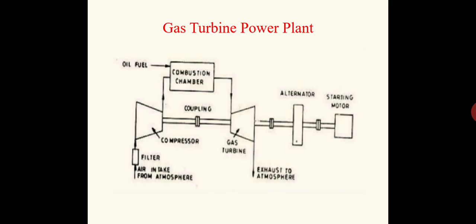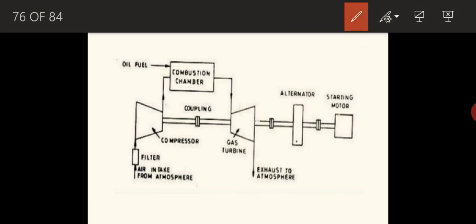To produce the hot gases at high pressure and high temperature, we will have a compressor to compress the air from the atmosphere. You can see at the lowermost portion the air intake from the atmosphere is through the filter. Air from the atmosphere is initially passed through the filter so that the impurities present in the air are removed. Then clean air enters the compressor. You can see the compressor here. I will show you, this portion is the compressor. So air from the atmosphere is entering into the compressor.